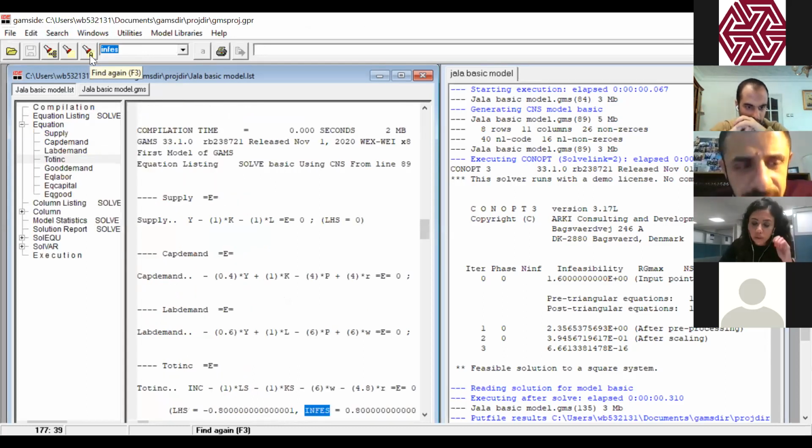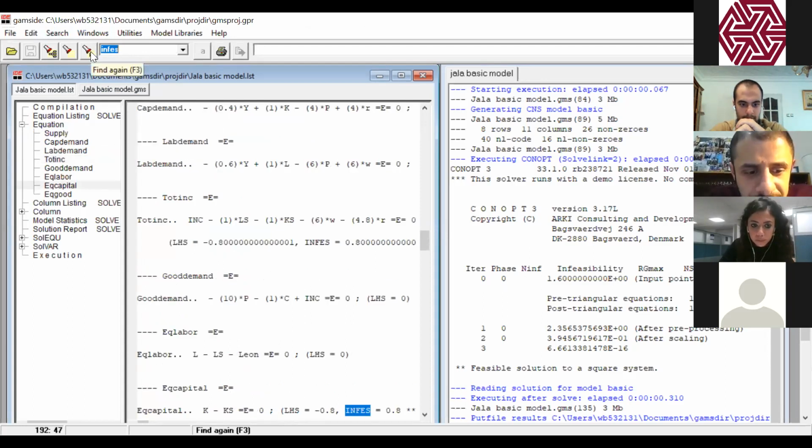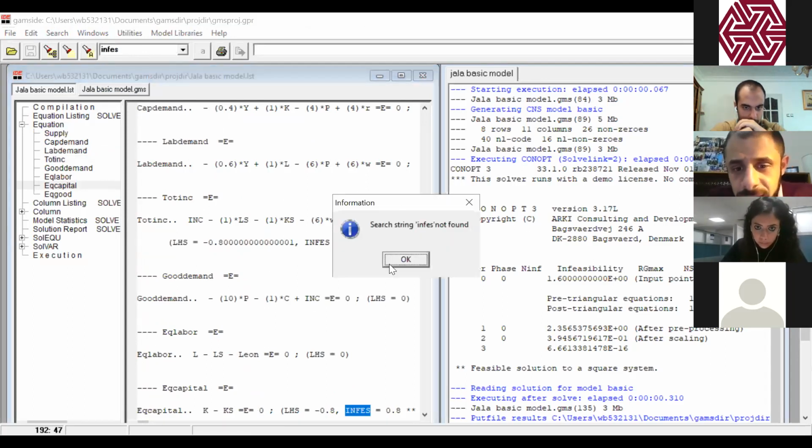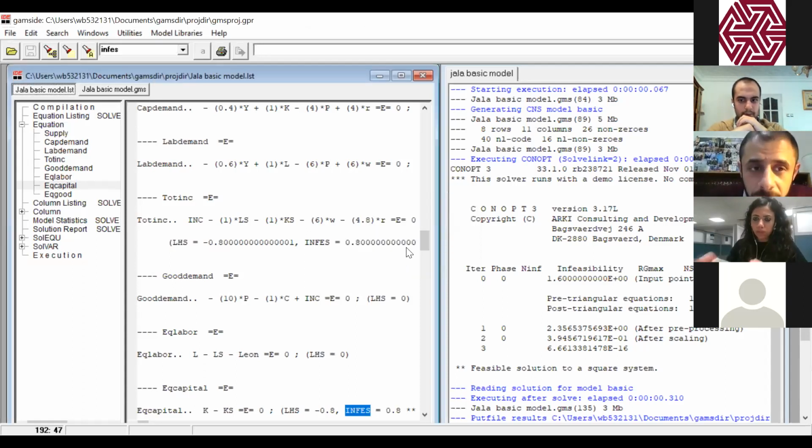As you can see here, we have an infeasibility in the income equation. Once again, please click on it. We have an infeasibility in the equilibrium of capital. Click once again. And that's it. Which makes sense, because the variable that has been shocked is capital supply.